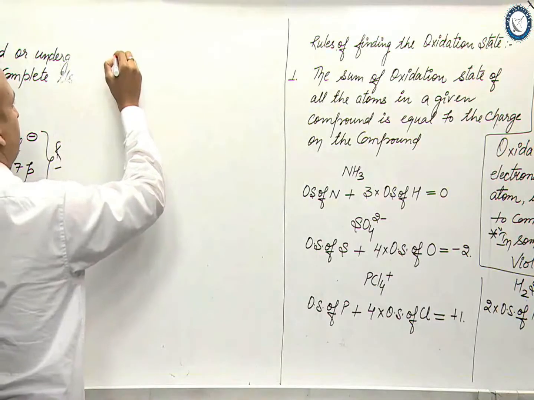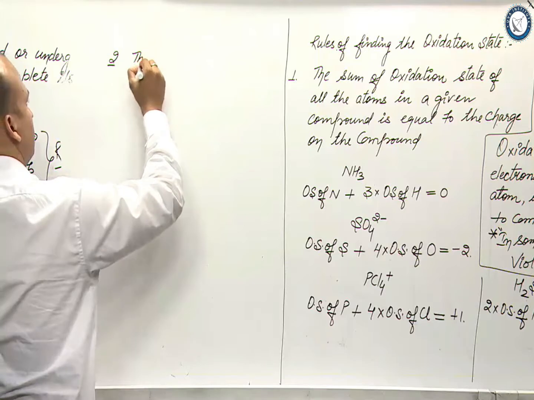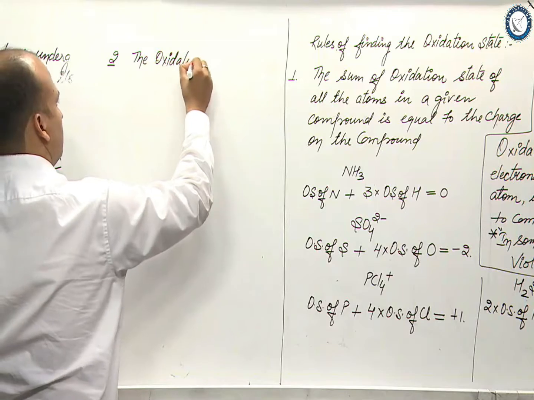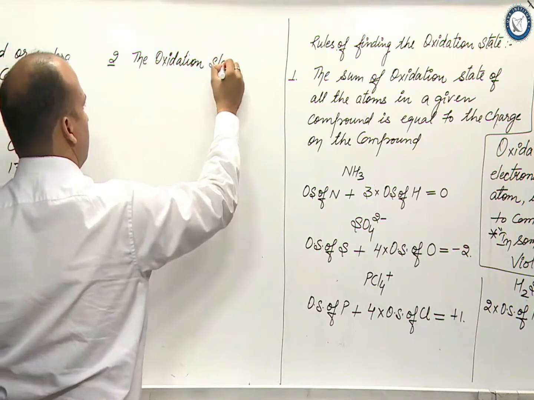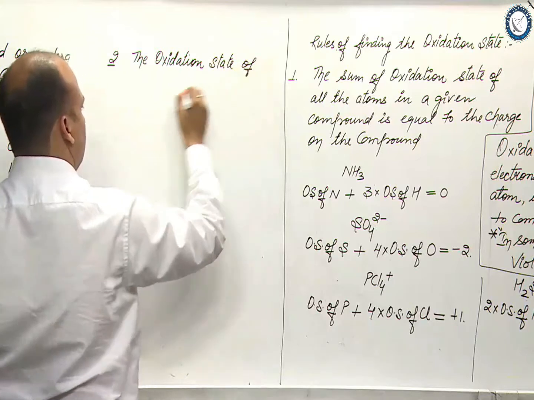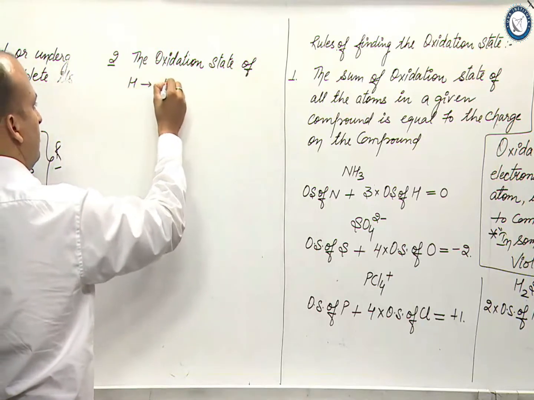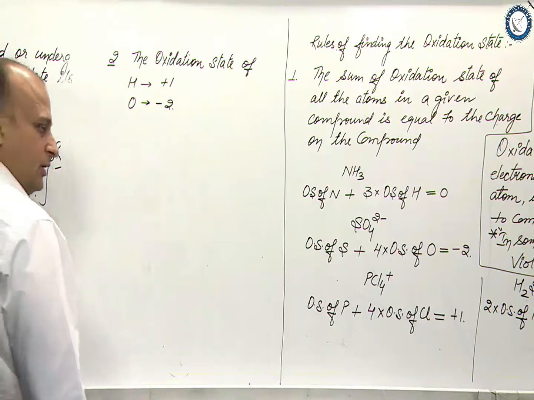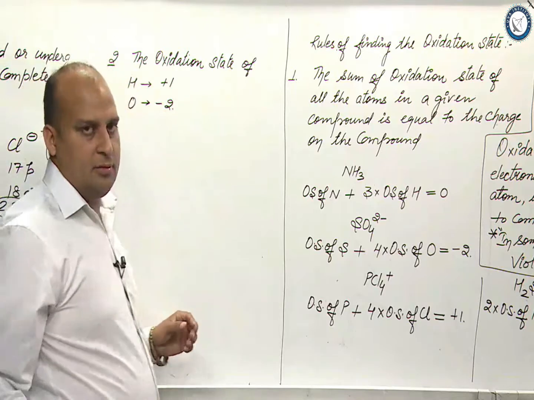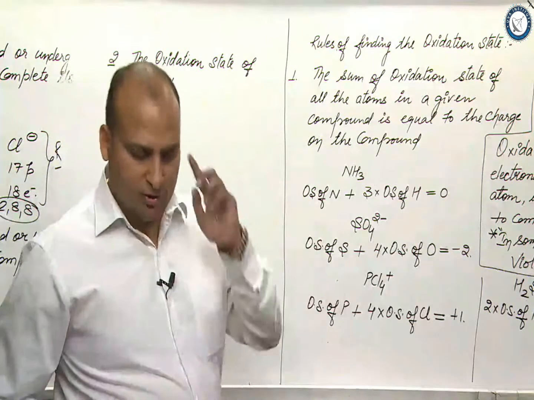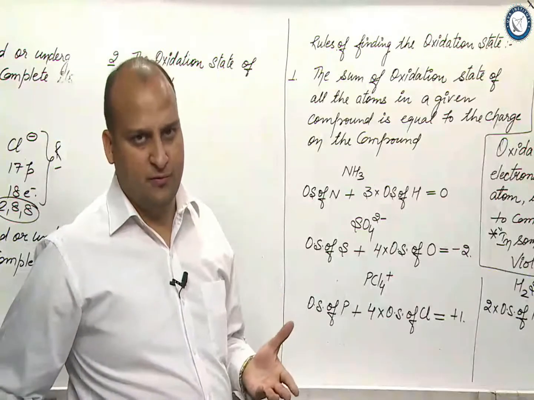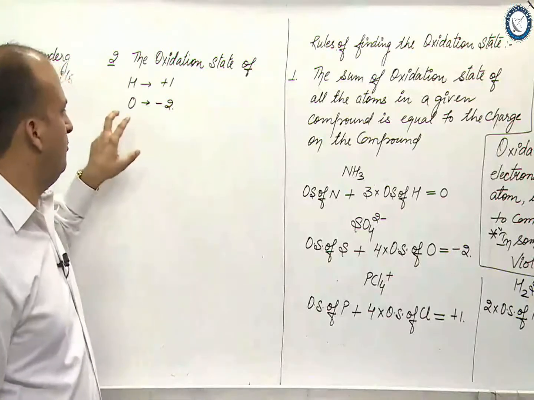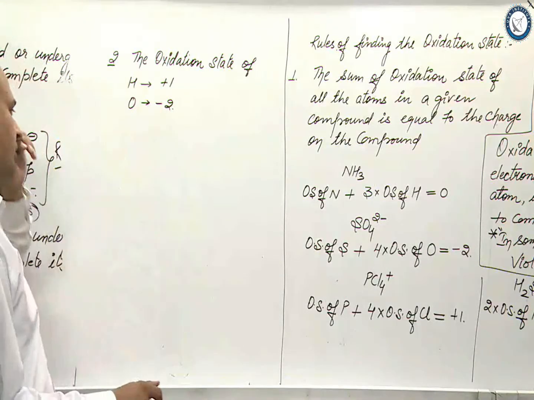Second, the oxidation state of hydrogen is +1, oxygen is -2, okay, and I am writing down the oxidation state of certain elements for your reference, so that once you have got the list, it will be easy for you to calculate. Although most of the elements you can calculate using this, still I am giving you